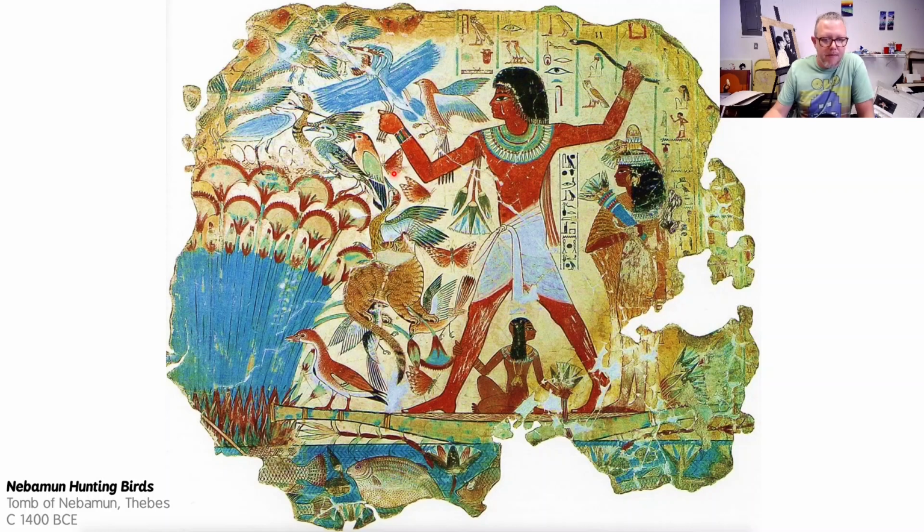What Naboman wants is to spend his afterlife on a boat, fishing and hunting birds with his wife and his daughter. But now we're talking about the style of art that is classic Egyptian style, right? What we see here, the thing that makes us instantly recognize that something is Egyptian, comes from, again, the concern that perhaps the body